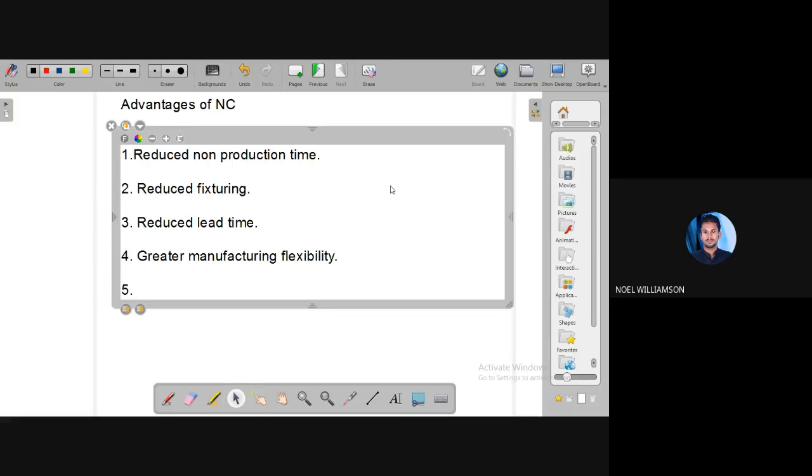Now, engineering design changes can be easily accommodated.